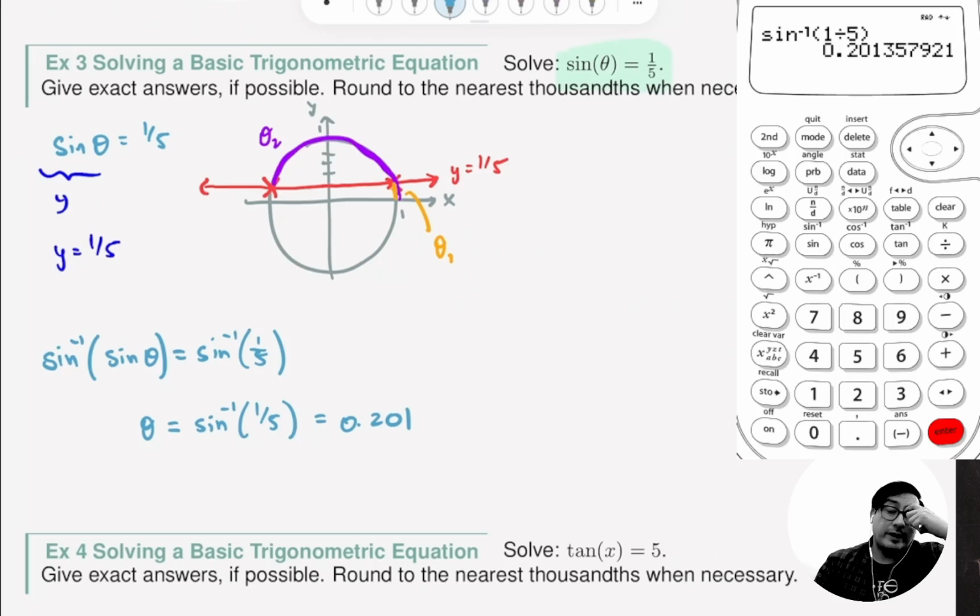So, okay, here's where, by thinking of everything as a wet noodle, you're at an advantage, because now you know, okay, the calculator is only giving me one answer, but I know from the geometry of this problem, by drawing this horizontal red line, drawing a unit circle, I know I actually have 2 solutions. Which one is which? This 0.201,